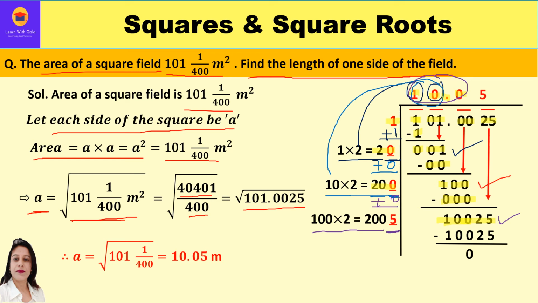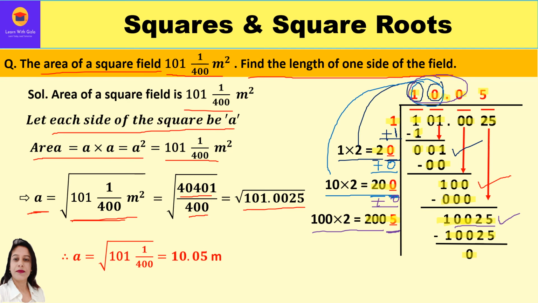Now in this blank, what number should come, so that if we multiply by the same number, I get a product which is equal to or less than 10,025? This is our new dividend, right? So clearly I can keep 5 over here, because that is the suitable number. When I multiply 2005 by 5, I will get exactly 10,025, right? Now the remainder is 0 and no more period is left.